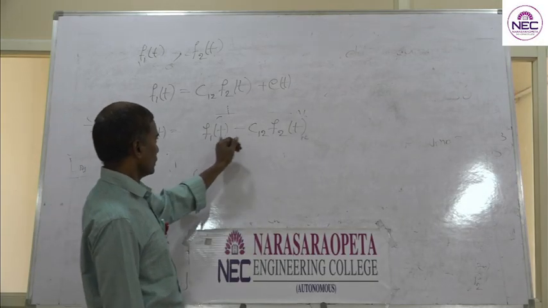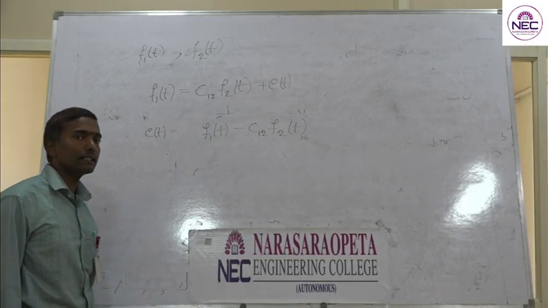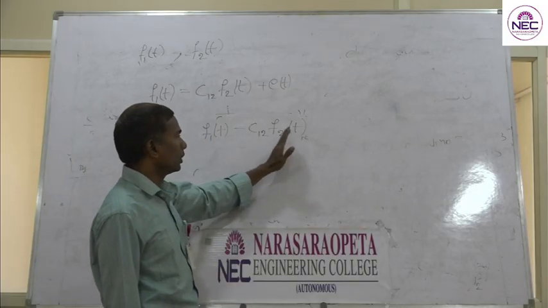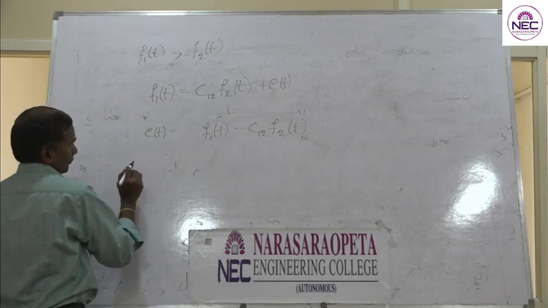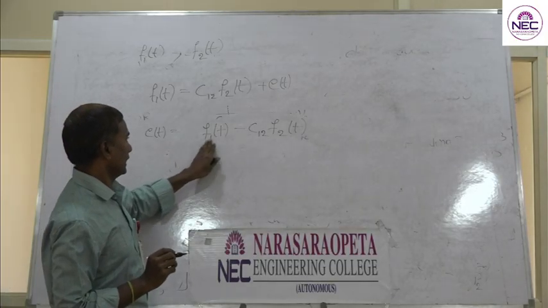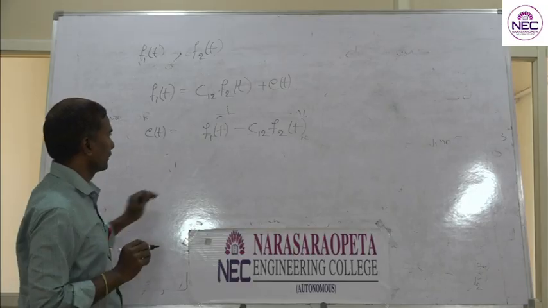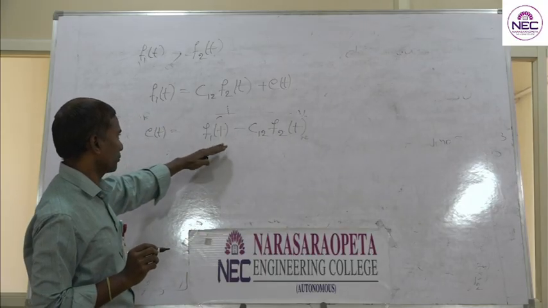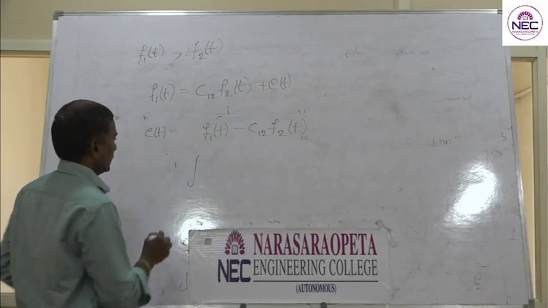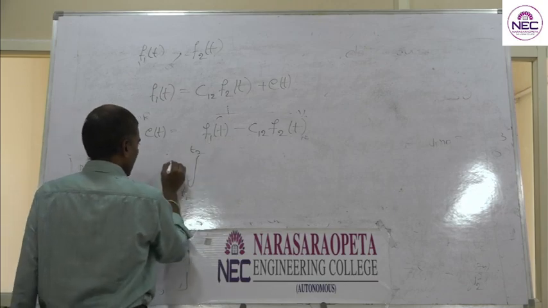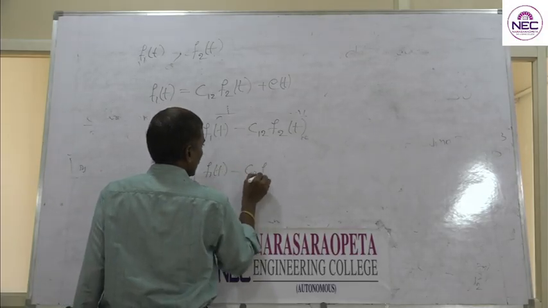So, to find the approximation between two signals, we calculate the average of the signal, and if the average is 0, we can say both signals are a good approximation. If not, they are not approximated correctly. So, for finding the approximation, we can calculate the function average. Average is nothing but the integration of the function divided by time. So, if I find the average of the signal in the interval t1 to t2, it is like this: 1 by t2 minus t1, integral of f1 of t minus c12 f2 of t